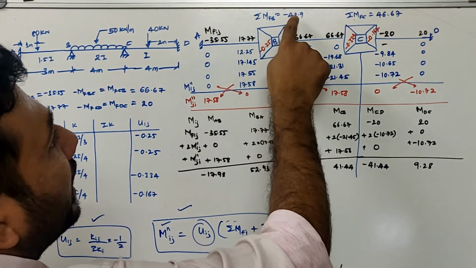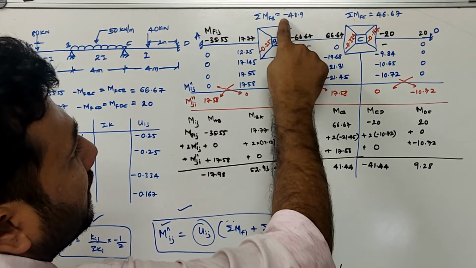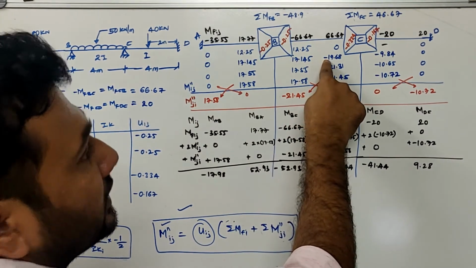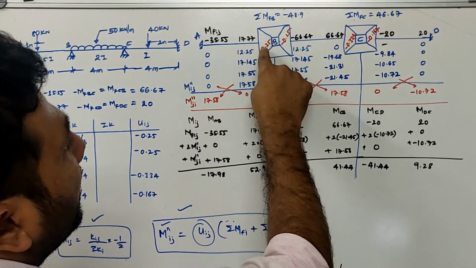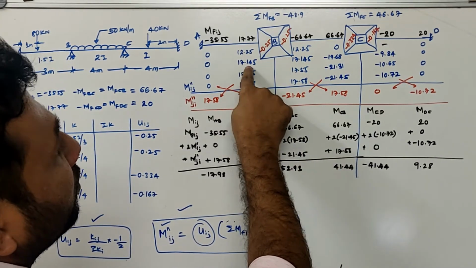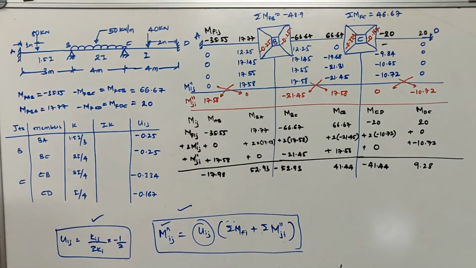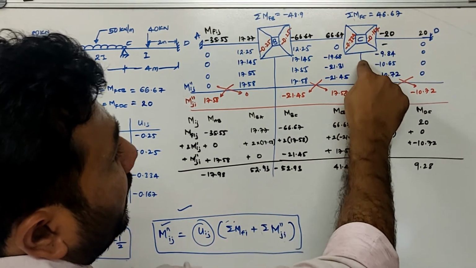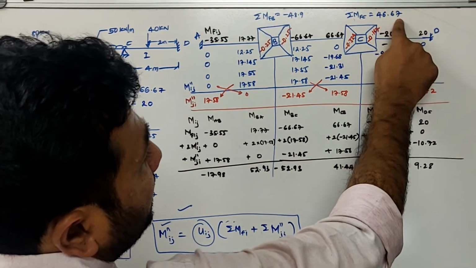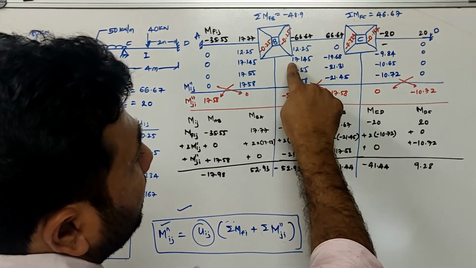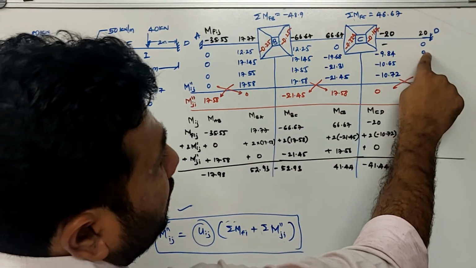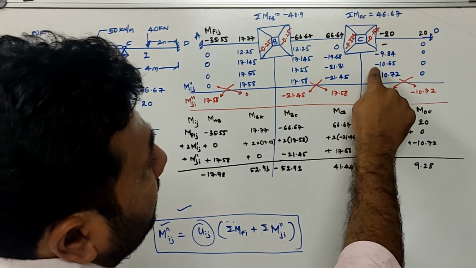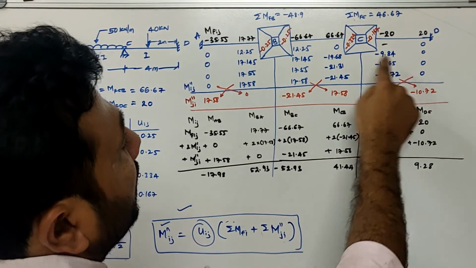In the second iteration, I'll add the MFB values, minus 48.9 plus 0 plus minus 19.68. So this plus this, multiplied by the rotation factors, I'll write these values, which are 17.145. Now we have begun the second iteration. Again 46.67 is added with this value, which is 17.145 plus 0, multiplied with the respective rotation factors, and they are written over here. These two, right? Now this completes the second iteration.